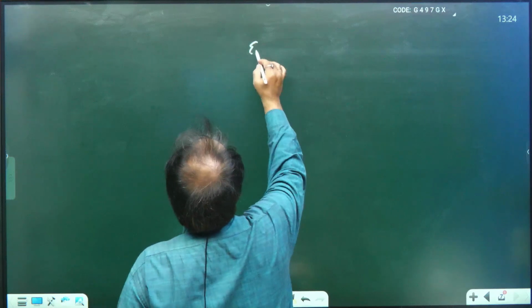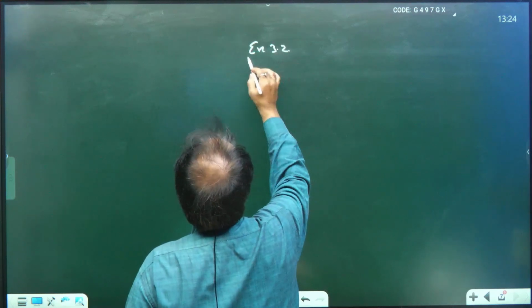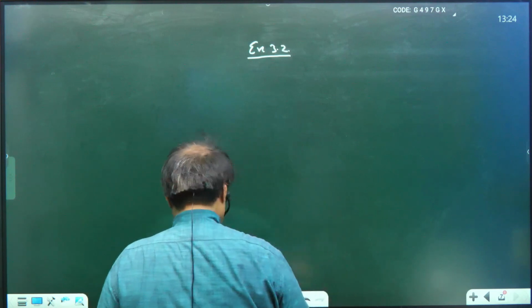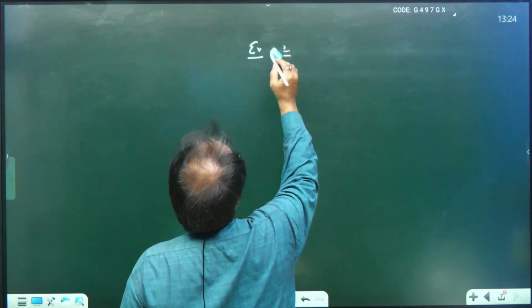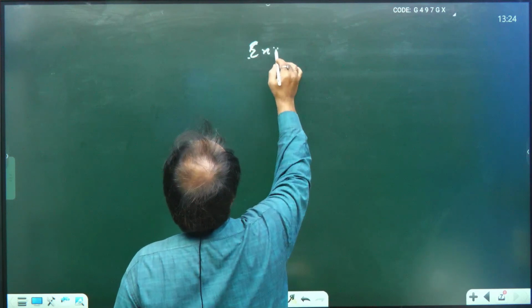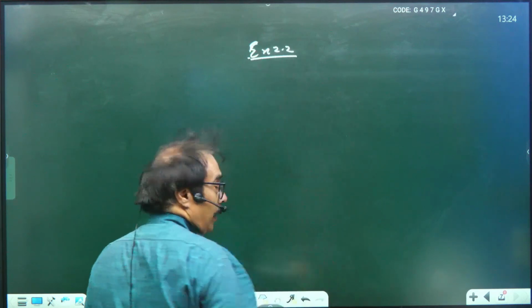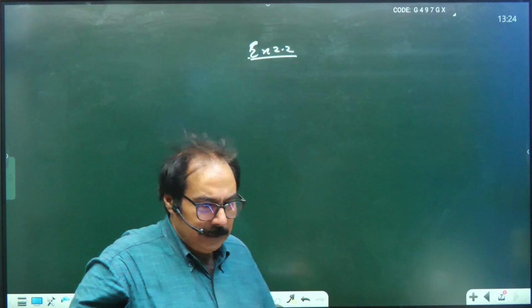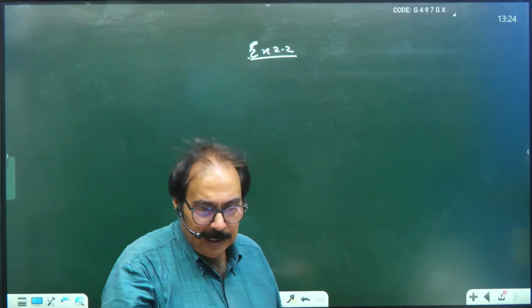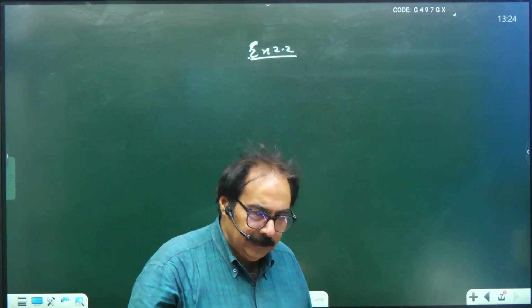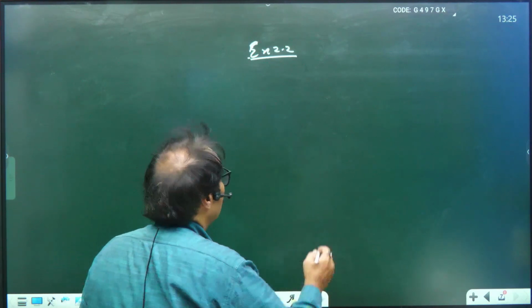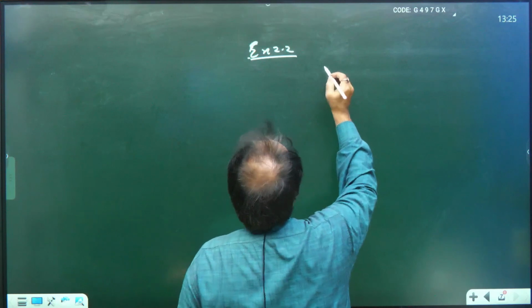And now we are coming to exercise 2.2, sorry, not 3, 2. Exercise 2. In this exercise, we have to find the zeros as well as the relationship between the zeros and coefficients of a polynomial. So let me explain the